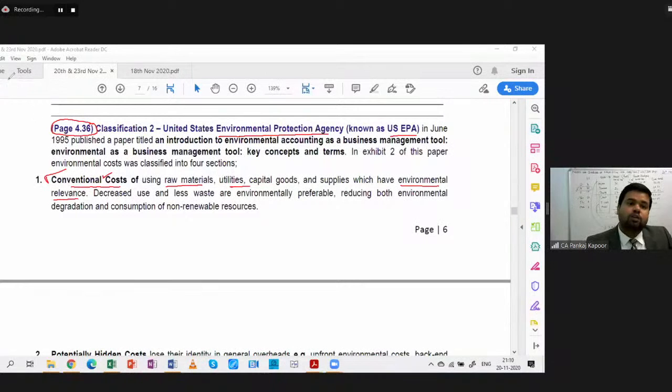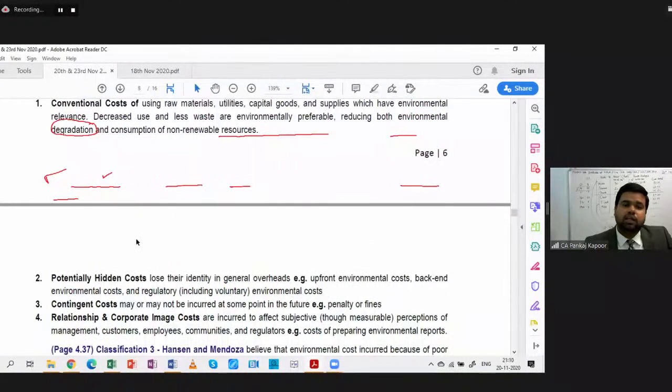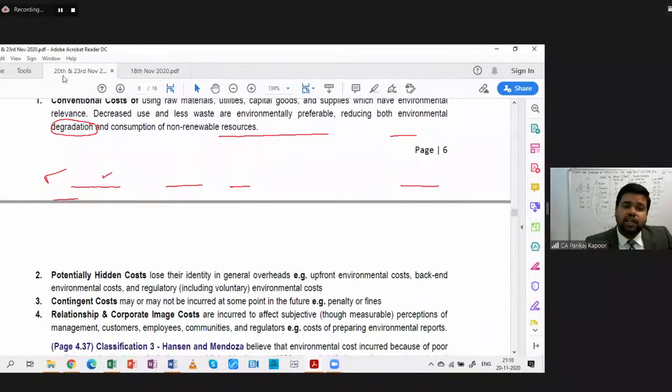Okay. Now, the next category in which the cost can be classified is the potentially hidden cost. For example, if some company has a treatment plant which is treating the water from